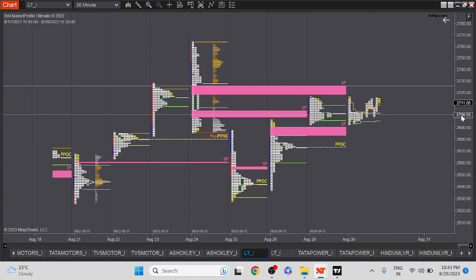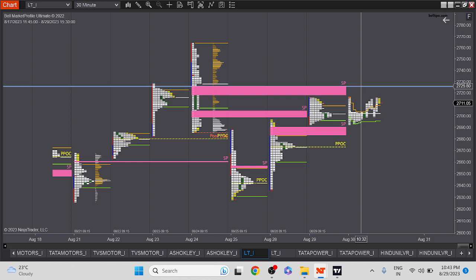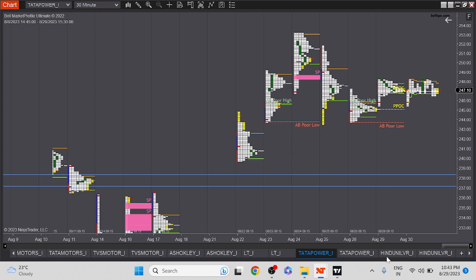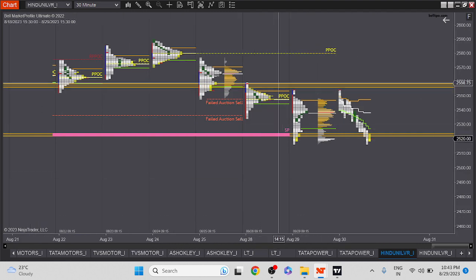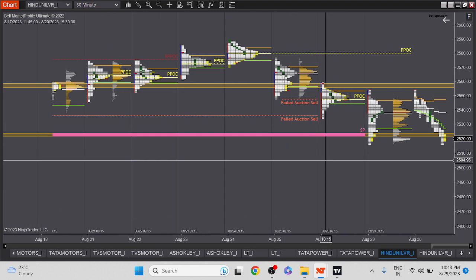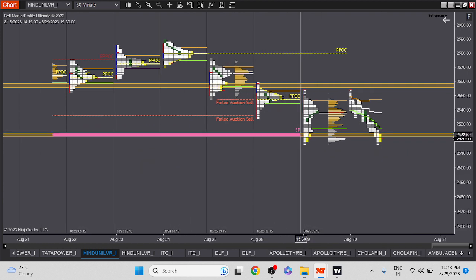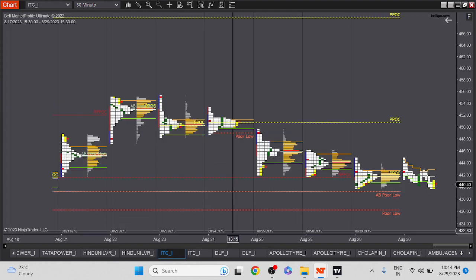So maybe we will see a one directional move if we go about 2625 or 2727. Let's say we might see it again retest the high that was made, so about 2727 we might see 2763 levels in this. HUL is at a single print, closed at a single print, so keep an eye. But normally this stock is not very preferred for trading because it doesn't work that well. But yeah, that's fine. I would say HUL is at a support level.